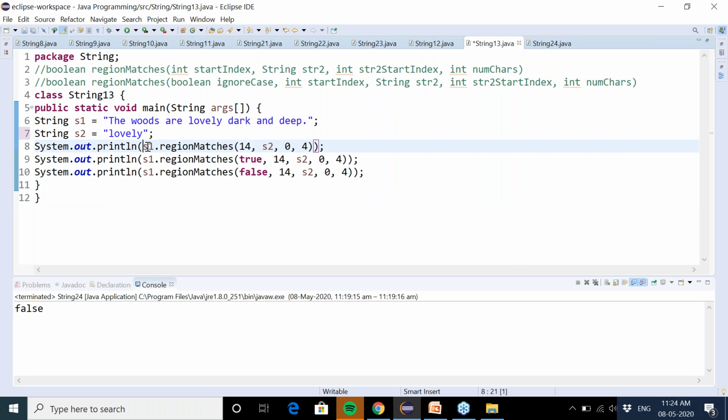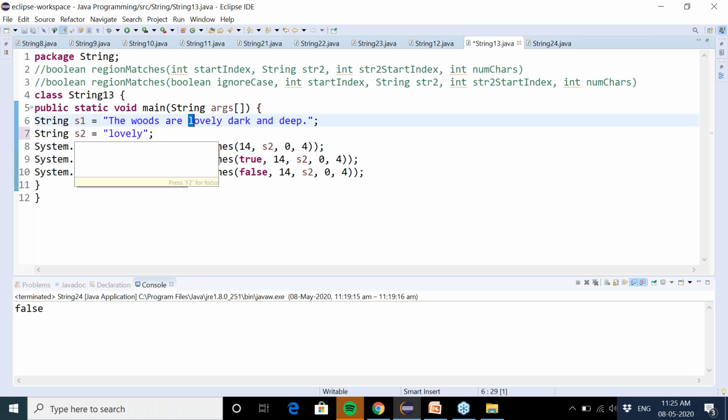So first is the start index from where you want to start matching. This L is at location 14 if you count from here 0, 1, 2, 3, and this will come at location number 14. So L is at location 14 in s1, from where you want to start the matching.